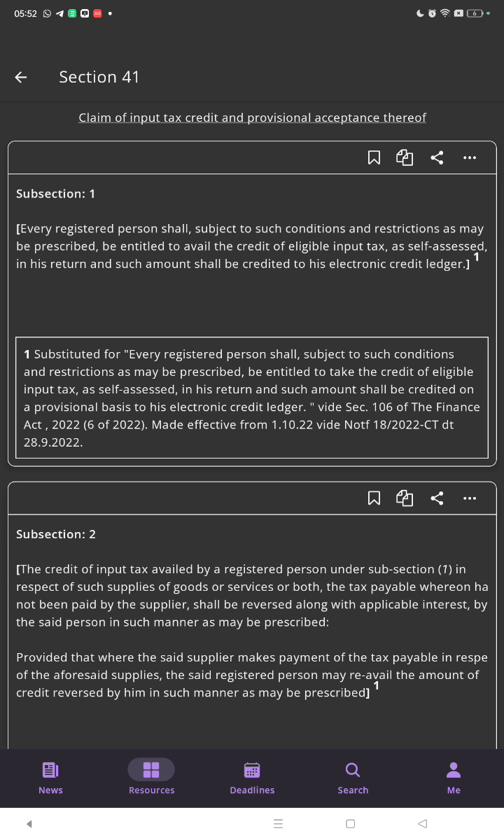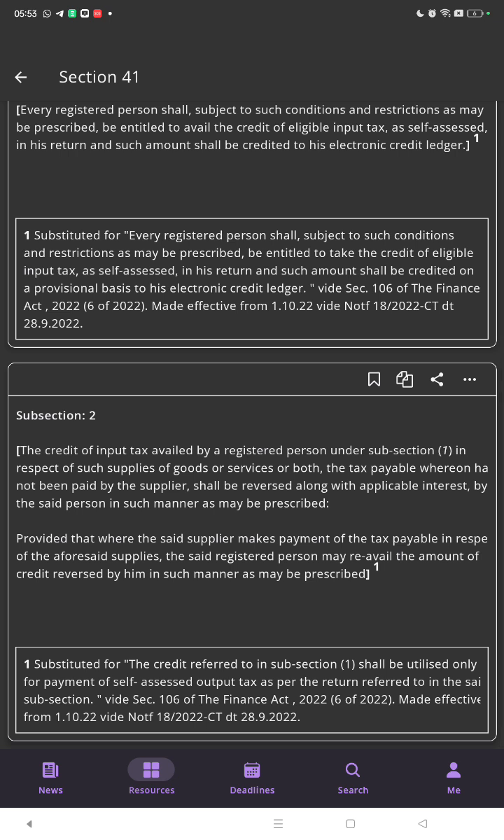Every registered person, subject to such conditions and restrictions as may be prescribed, shall be entitled to such credit of eligible input tax as self-assessed in his return, and such amount shall be credited on a provisional basis to his electronic credit ledger. Subsection 2: